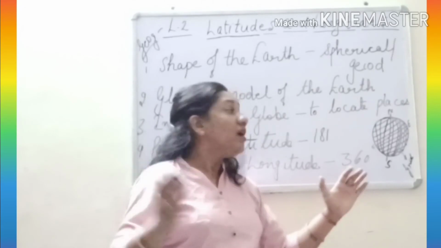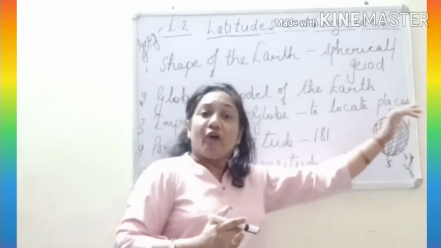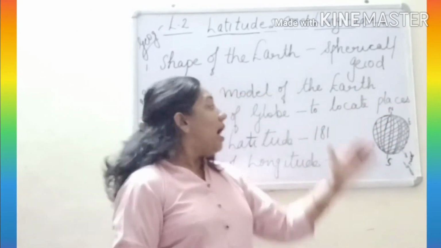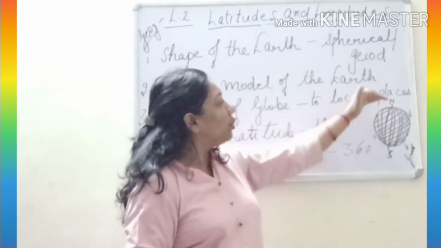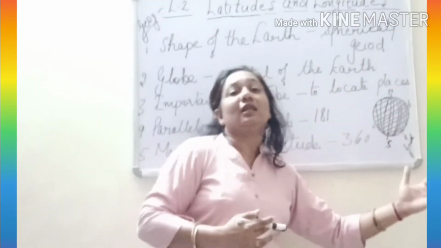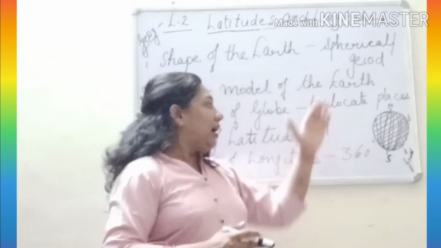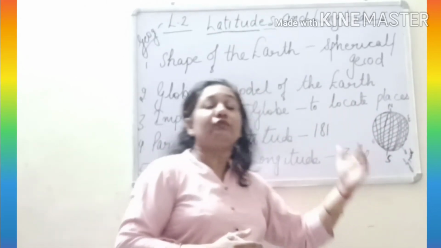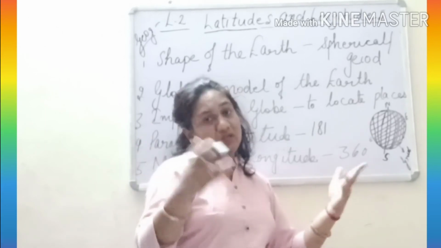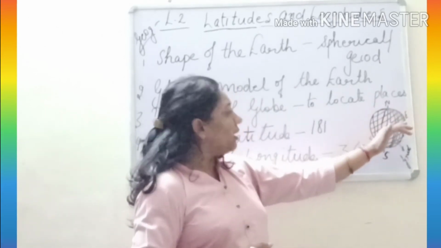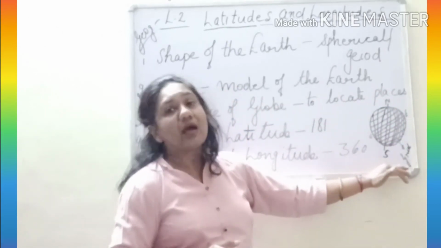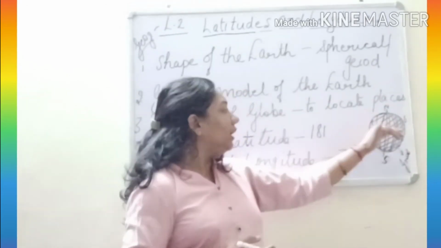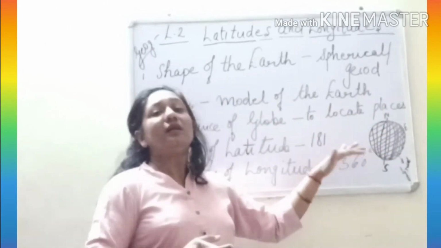And let me tell you that the distance at the equator is the longest distance. It is the maximum. If we calculate the diameter from equator, then the diameter of earth at the equator will be the maximum. And as we keep on moving from equator to the north pole, the distance keeps on decreasing. I will be showing the circumference of the earth, the diameter of the earth from the equator. I will be just sharing it with you. And similarly, if we move from equator towards the south pole, the distance also starts decreasing. So it means that it is maximum at the equator.